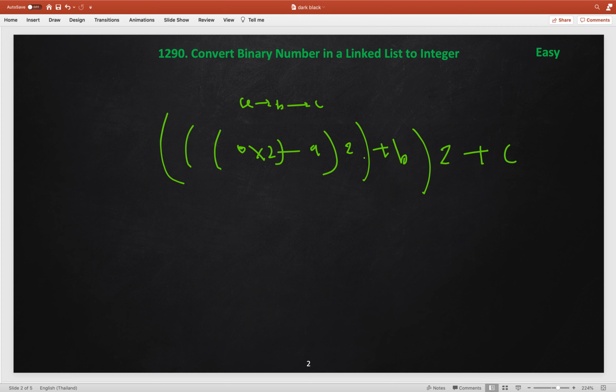Now we can see the 2 will multiply 2 times, so A into 2 to the power 2 plus B into 2 to the power 1 plus C into 1, and 1 can also be written as 2 to the power 0. So this is the same binary formula.